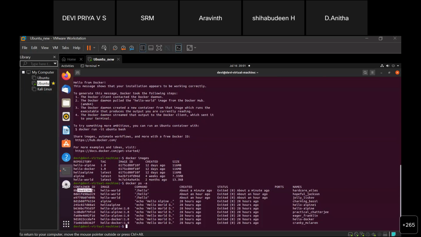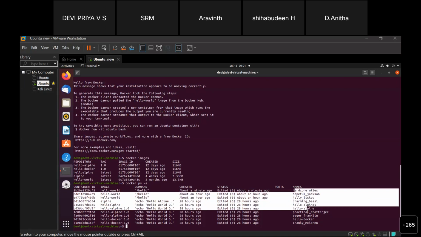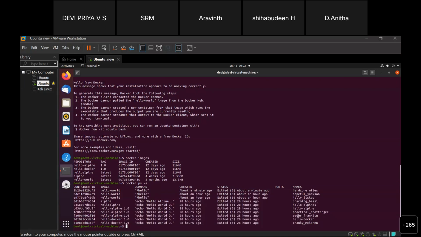It shows the container ID, the image from which I created the container, the commands used inside it, when it was created, the status, and any ports mapped between the container and the host. You can also see the names, which are allocated by the Docker engine by itself if we do not provide any explicit names for the containers.